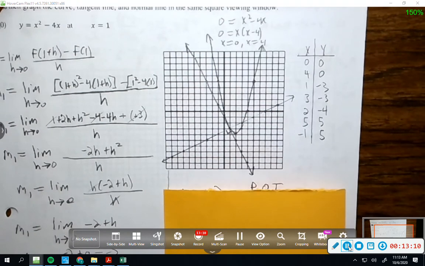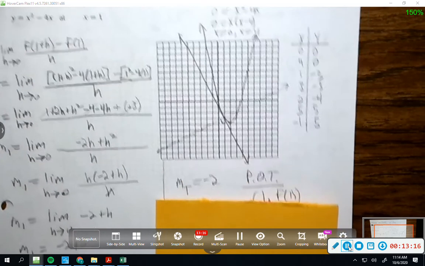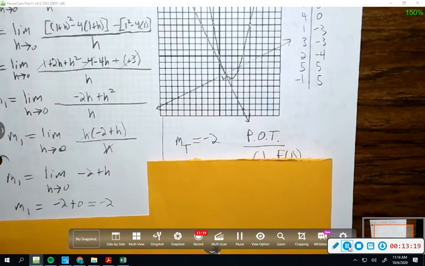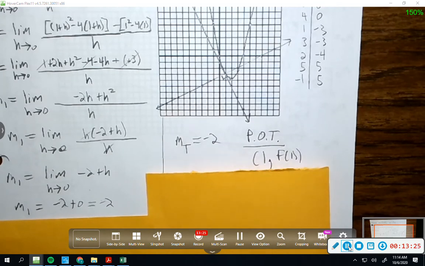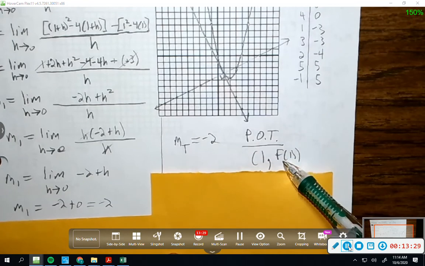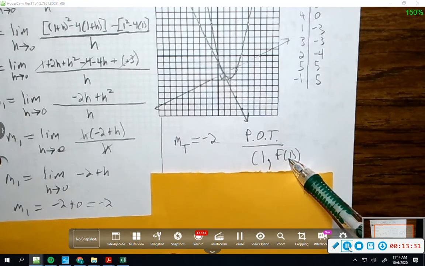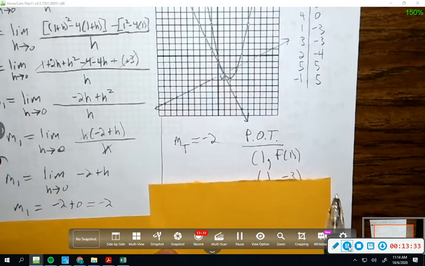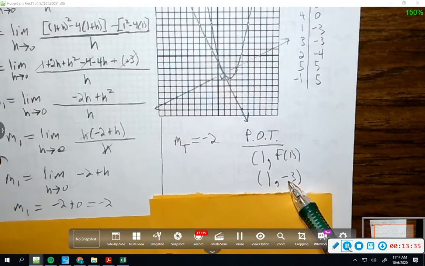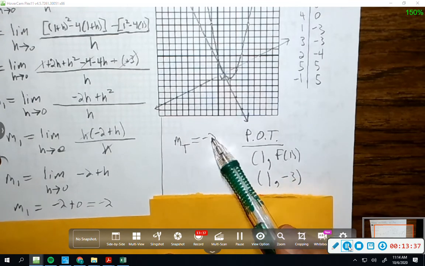To find the equation of the tangent line, we know that the slope of the tangent line is negative 2 because the slope of the tangent line equals the slope of the curve at the point of tangency. A lot of times the most complicated part for students is finding the y-coordinate of the point of tangency. Just plug 1 into the original function. If you plug 1 into the original function, you get negative 3 out. That slope through that point